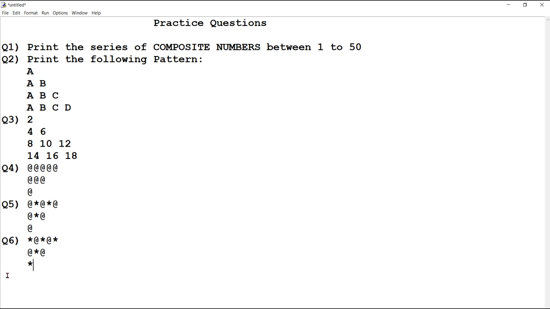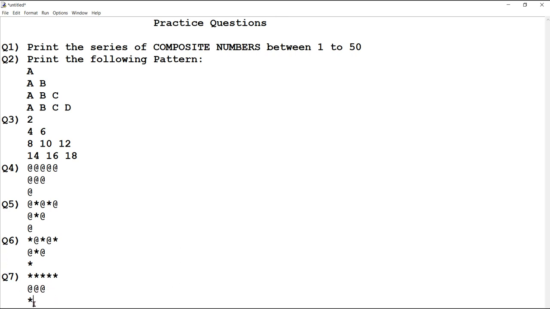Even more questions can be created. If I would like to add one more question over here, I can add one row completely printing any character, say 5. The first row I want with 5 stars, the second row I want 3 at the rate, and the last row I want 1 star.